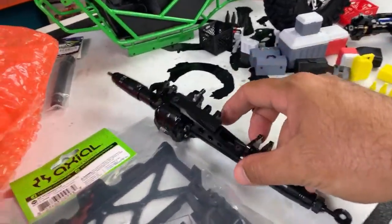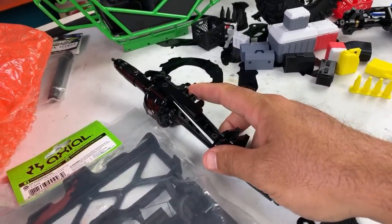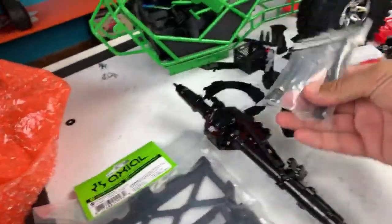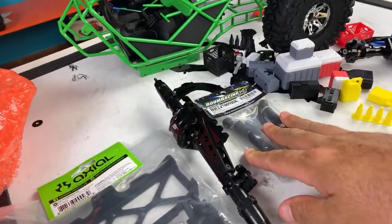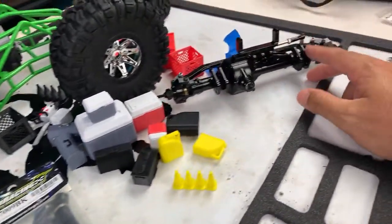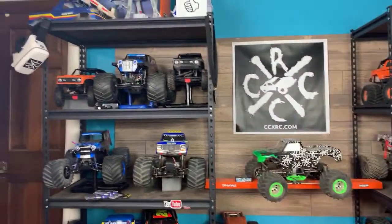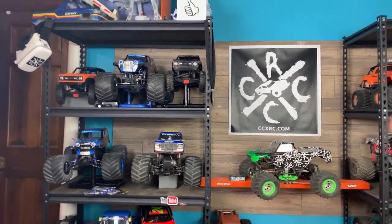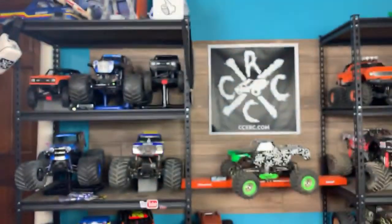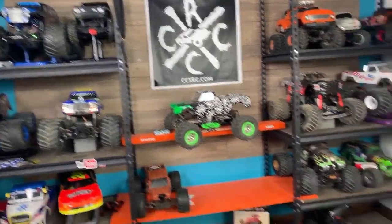But I have some alloy parts coming in. Oh, these are the Boom Racing. So I need to get a transmission for it. And I need to get... What else do I need to get? I could probably steal a transmission from something over here. Maybe the Son of a Digger for now. I think it has a Hot Racing one in it, which is green in that. I do have